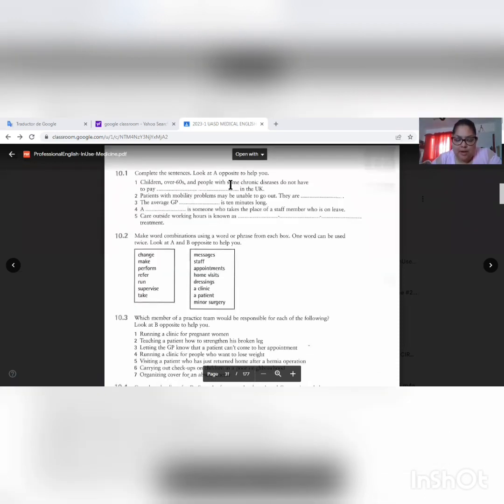Unit 10, Primary Care. 10.1, complete the sentences. Look at A opposite to help you. Children over 6 and people with some chronic diseases do not have to pay prescription charges in the UK. Patients with mobility problems might be unable to go out, they are housebound. The average GP appointment is 10 minutes long. A locum is someone who takes the place of a staff member who is on leave. Care outside working hours is known as out-of-hours treatment,